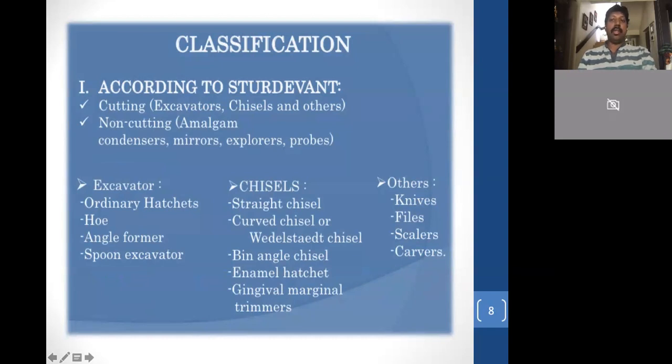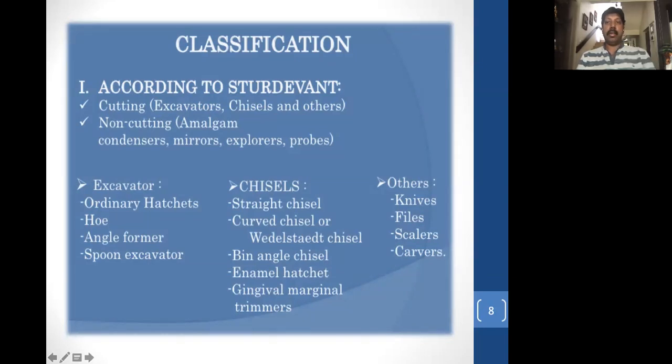According to Studevant, he made it as cutting instruments, and we usually follow the classification of Studevant. He divided instruments into two types: cutting and non-cutting. Remember this. Studevant classified according to cutting instruments and